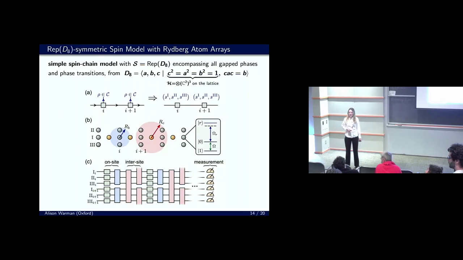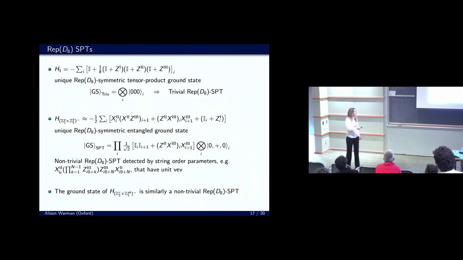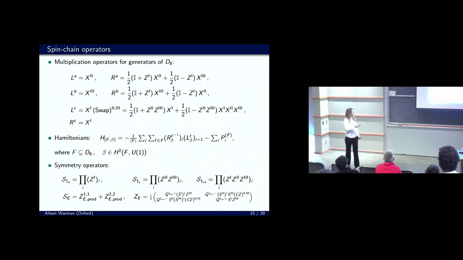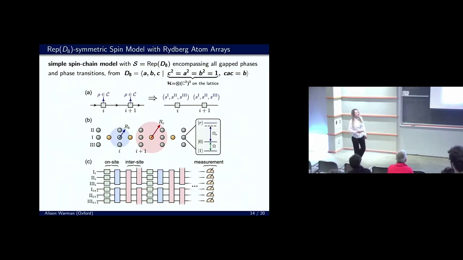Okay. And just another quick question. For the simulation, are you planning to initialize the ground state, or maybe start with something else? Yeah, so actually this simulation is exact diagonalization. What I did is I wrote the Hamiltonian for the starting gapped Hamiltonian from that explicit expression here, and then I interpolated between the Hamiltonians. No, I meant the actual implementation in the device. Oh, the actual experimental one. What initial state are you planning to use? Okay, so the trivial RepD8.